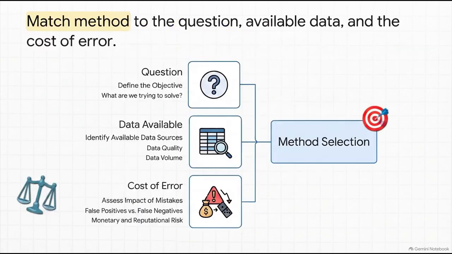So why does all this meticulous splitting and cleaning matter? Because you need a practical decision rule for your project. You must use separate datasets whenever model choices are being informed by performance results. You have to match the evaluation method to the question you're asking, the available data, and crucially, the cost of error. You don't just choose a splitting technique because it's popular or technically sophisticated. You have to stop and ask yourself, if this model fails in the real world because we evaluated it poorly, how much money, trust, or safety is that going to cost us?